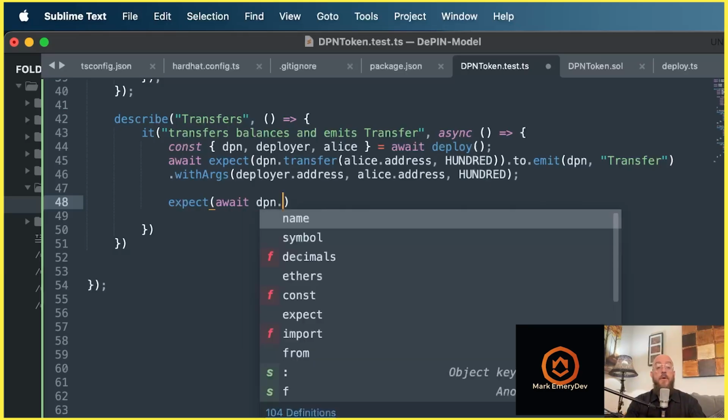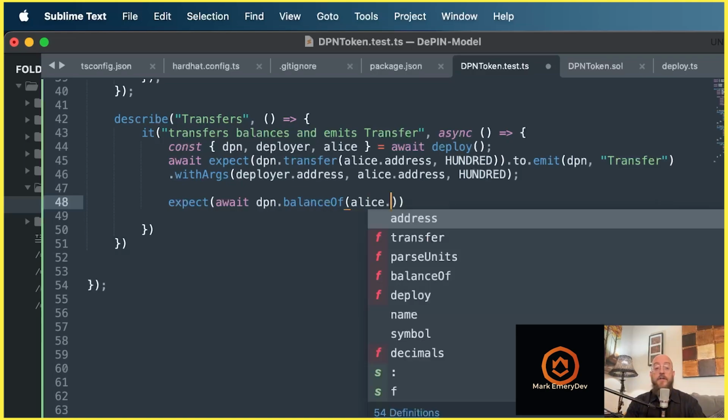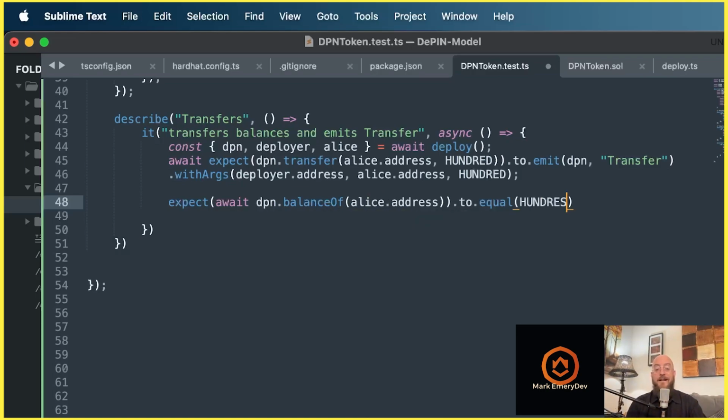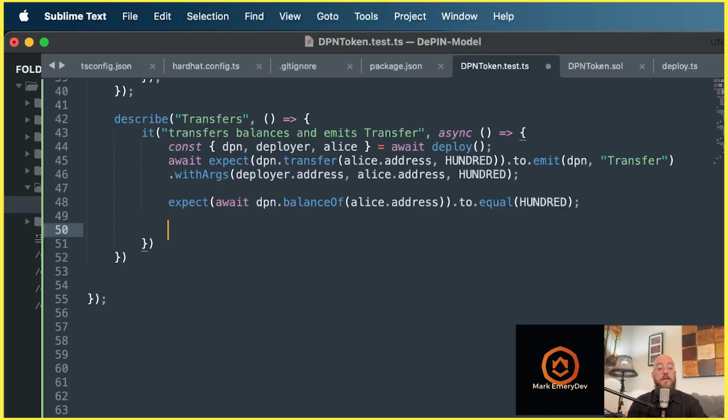Expect, await, DePIN, balance of, well, where? At Alice's address, 100. To equal 100, okay? And so we're wanting that to take place for one thing. And then secondly,